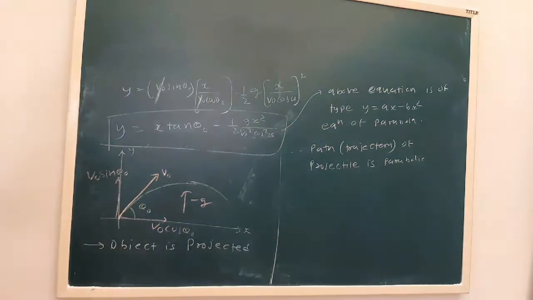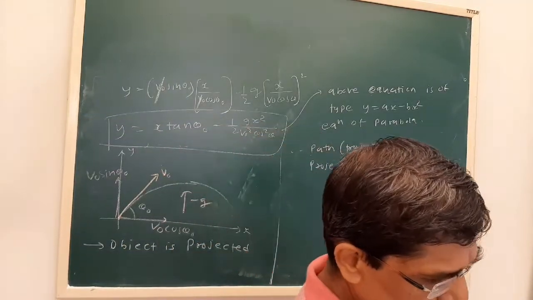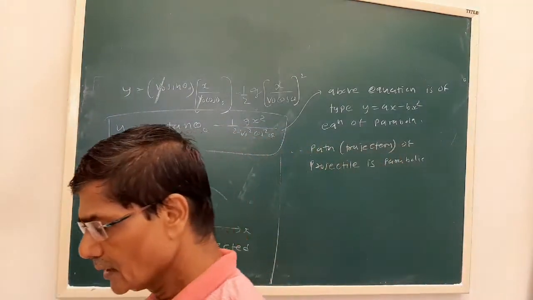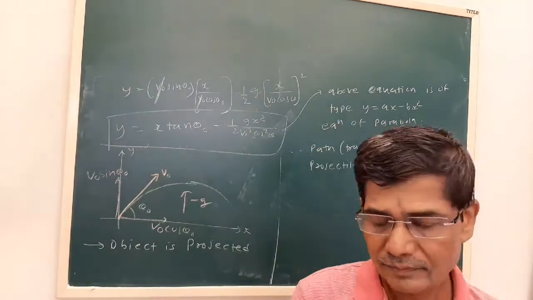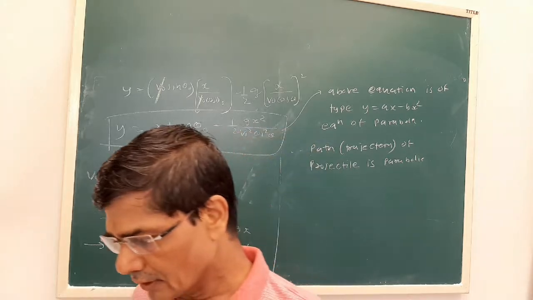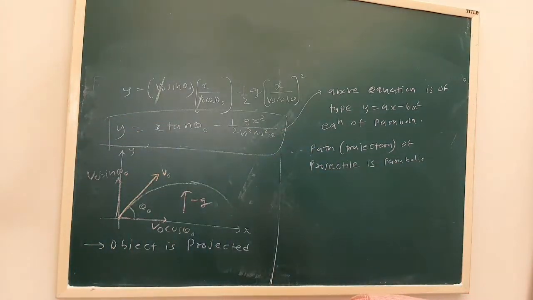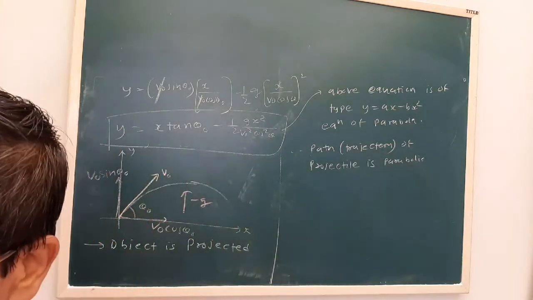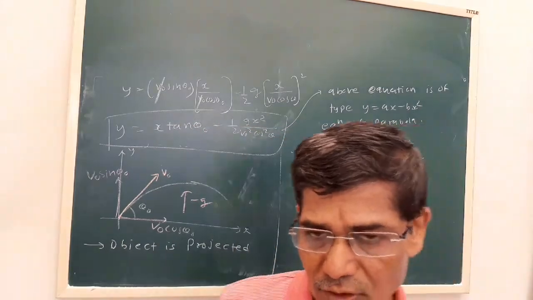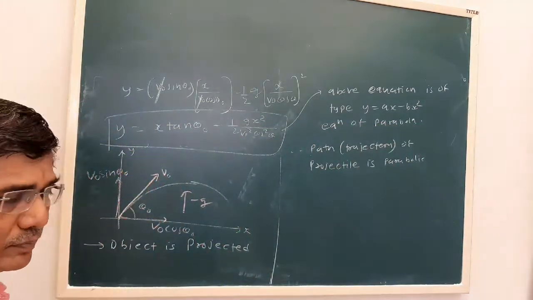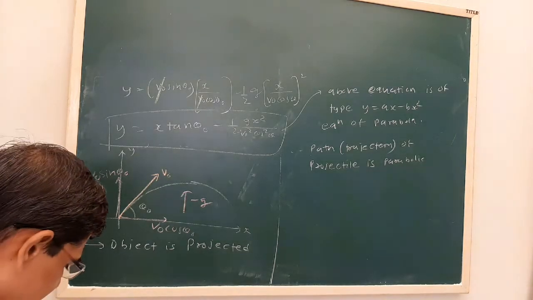Okay, now see up to here, if they ask, it will be a 2-mark question. So what we have seen, what is projectile motion? When a body is thrown in the gravitational field of the earth by making an angle with the horizontal in such a way that it moves with a constant horizontal velocity and constant vertical acceleration, then such motion is called projectile motion. We also have proved here the path or trajectory of a projectile.